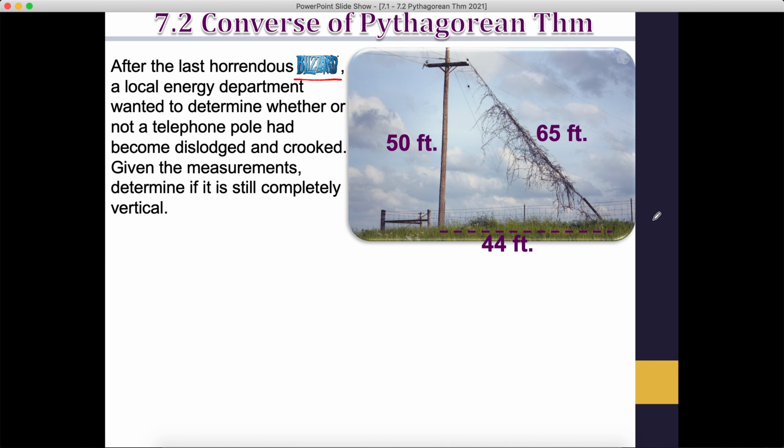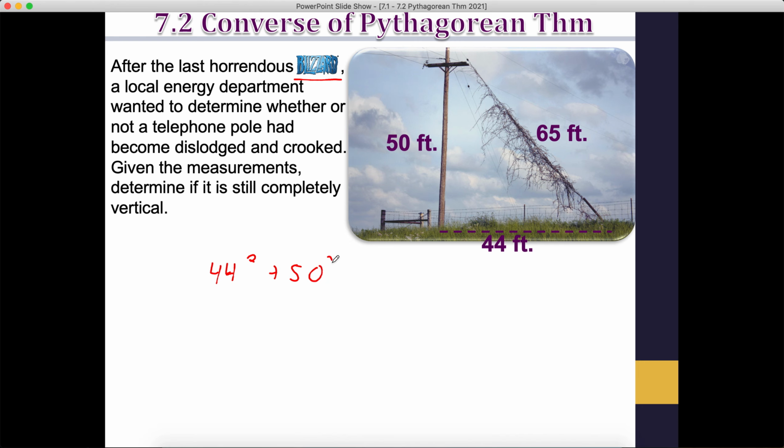This might require us to make some assumptions here, and I mean I already kind of told you. But we know that the Pythagorean theorem applies when a triangle is right. However, it is also the case that a triangle will be right if and only if the Pythagorean theorem applies. So no longer do we only have this as a tool that allows us to solve for sides in a right triangle, but we could actually test the Pythagorean theorem. And if it comes out true, then that would imply that we have a right triangle. And if it's not true, then I guess we don't. So let's figure this out. Let's see if